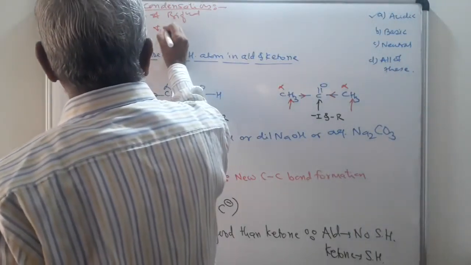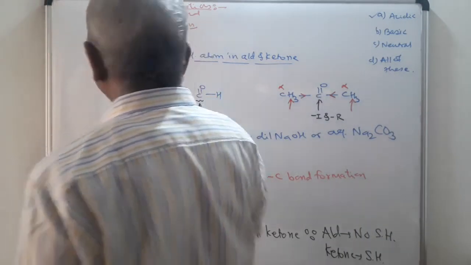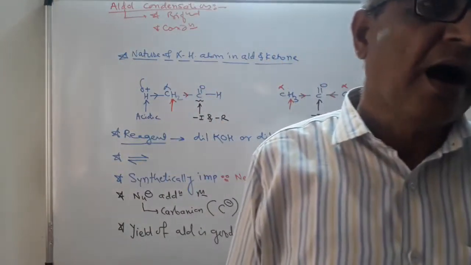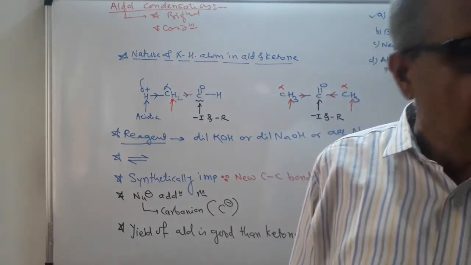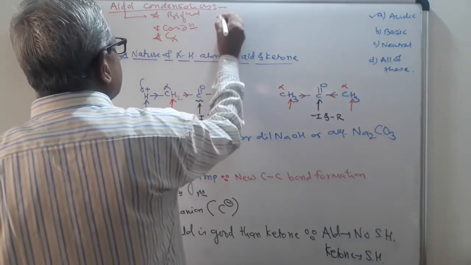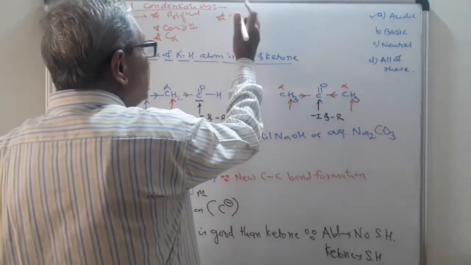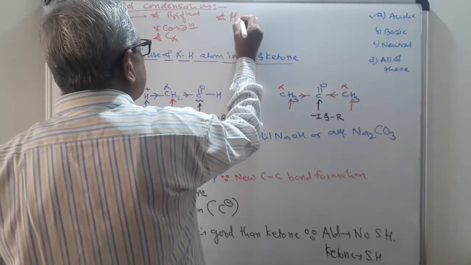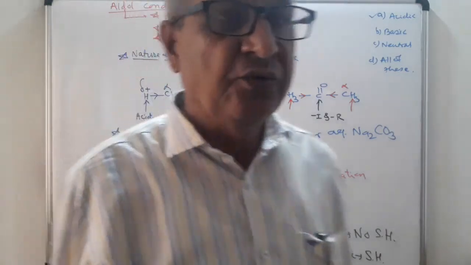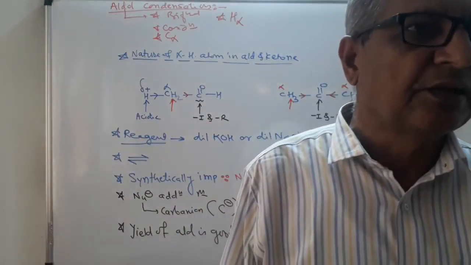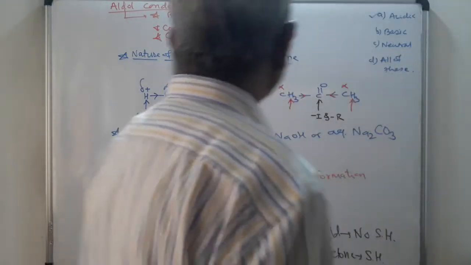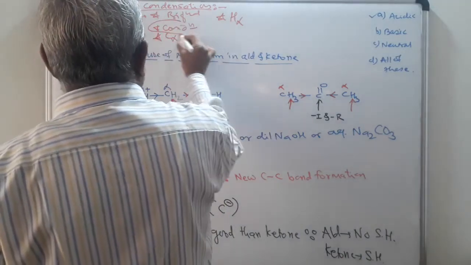The next point, we should know the condition for the aldol condensation. The aldehyde and ketone having an alpha hydrogen atom will undergo aldol condensation. Then next point, we must know the alpha carbon and the alpha hydrogen. These are the important points here. One of the objective questions will say which of the following will undergo aldol condensation, or in another way, which of the following will not undergo aldol condensation, and this can be determined by using the condition here.